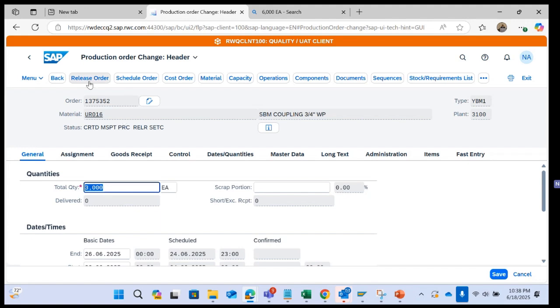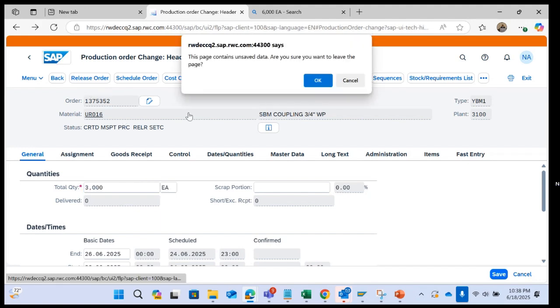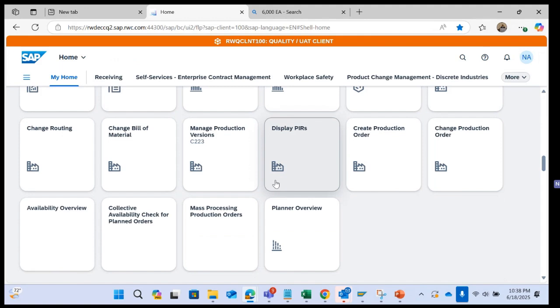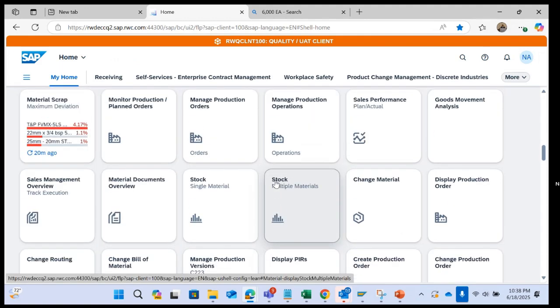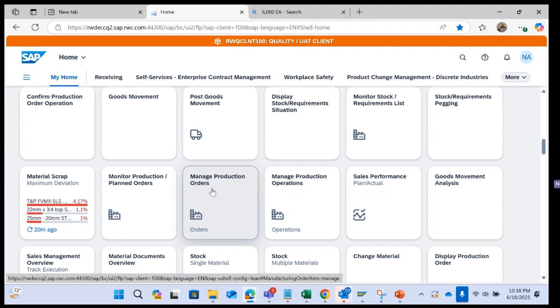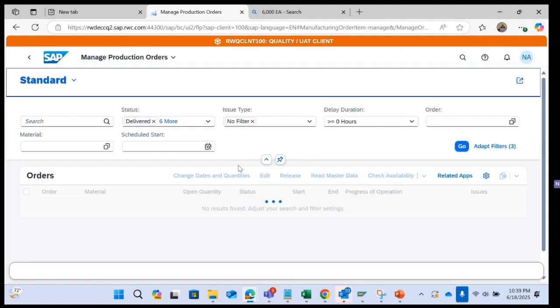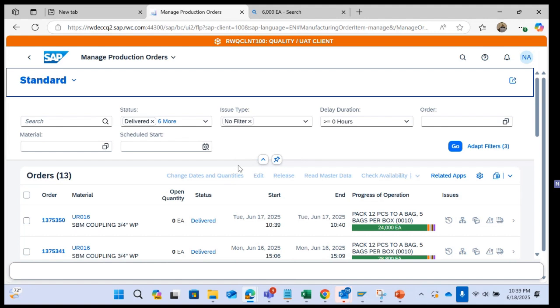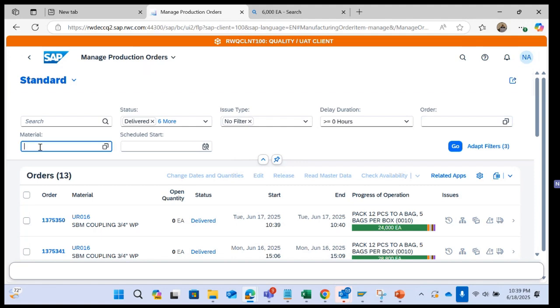That is similar to what we do in the ECC. But there are multiple things we can perform. There's one app, manage production orders. All the planners, kindly note, the production planners, the production supervisors, or the production engineers, this app is going to do multiple things: manage production orders. So this is the app, as I told, right? For everything, there are the header things for the selection criteria. We can adapt the filters. If you know the order, you can enter it directly, or if you don't know, you can just enter your material